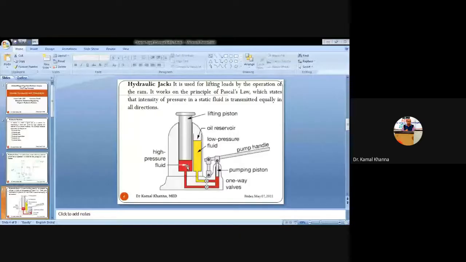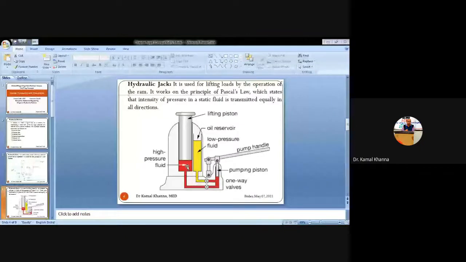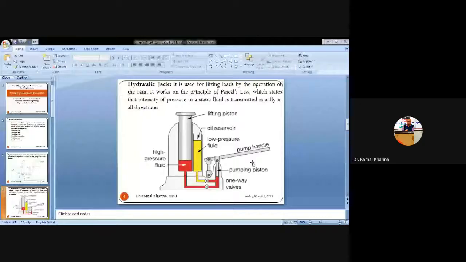That oil reservoir or low pressure fluid is used for the lubrication of the hydraulic jack, whereas the high pressure fluid is used for lifting the load by using the lifting piston. This lifting piston can sometimes be called a ram, on which the high pressure fluid applies pressure. So as soon as you apply a reciprocating or oscillating motion to this pump handle or the lever of this hydraulic jack,